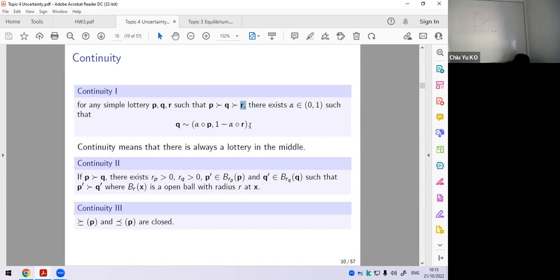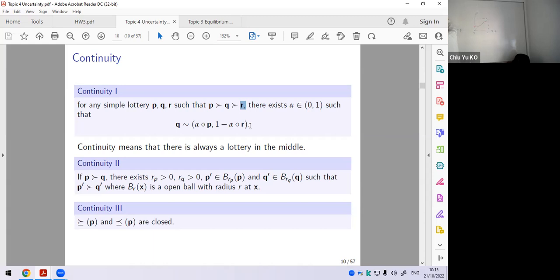I don't know if a graph will work. Suppose we have P1 over P2, and actually remember it's in the simplex, right? So if P is here, and R is here, say,